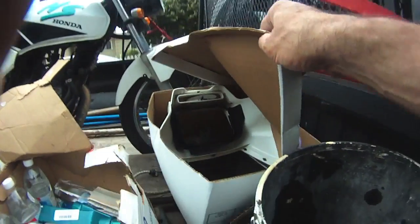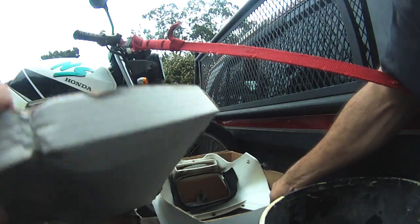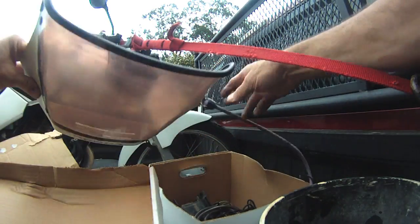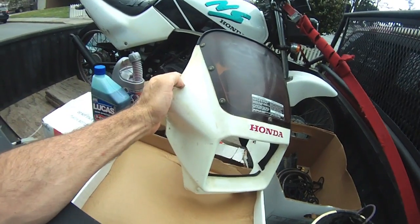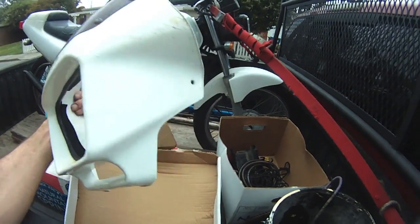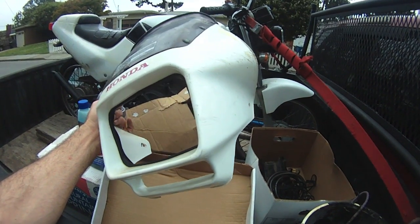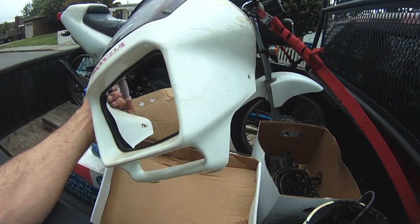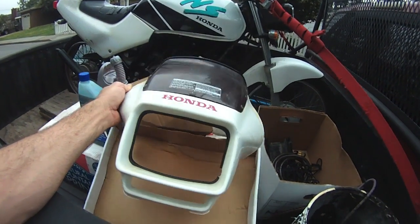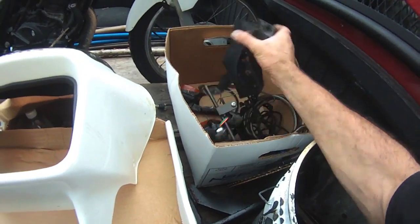In here we have the front cowl. Okay, I'll show you. Hold on a second. So we have the cowl for the front. This also had some sort of decal package on it. Plastic's in okay shape. It's a little scuffed, but fortunately it's not painted. It's the true color of the plastic. So once you clean the scuffs up and get the dirt out of them, you don't even see them. We have the rear fender,